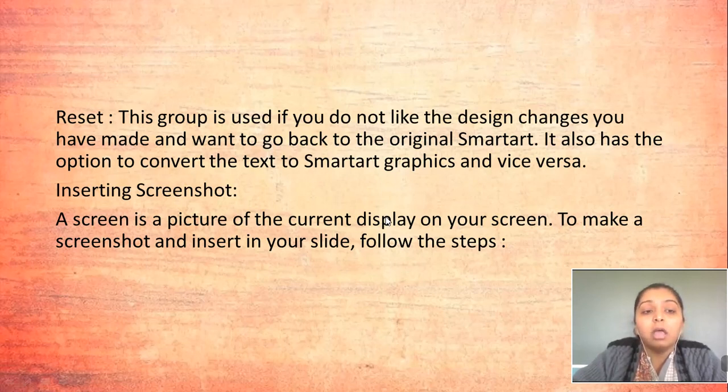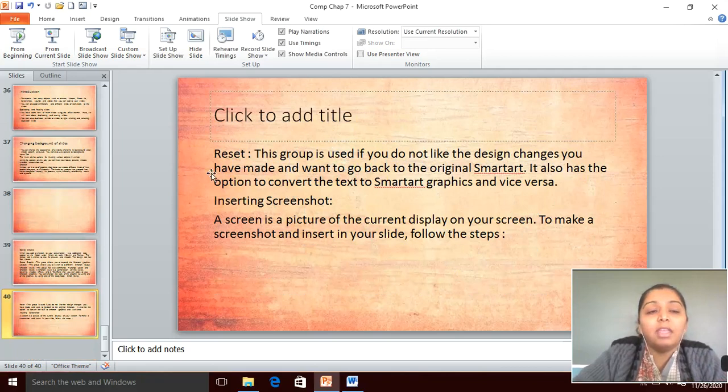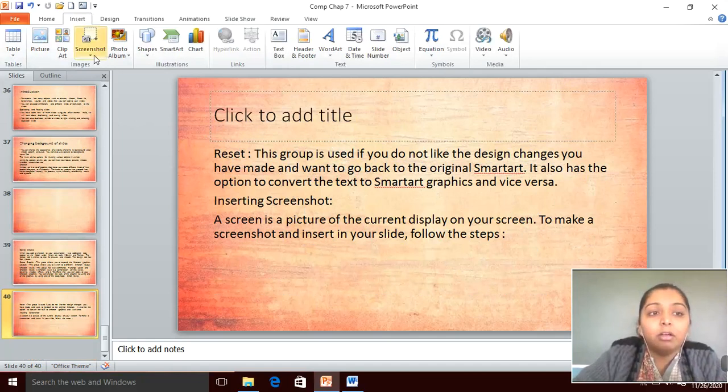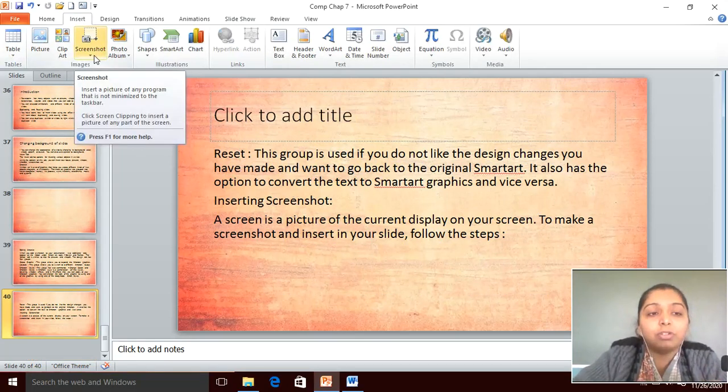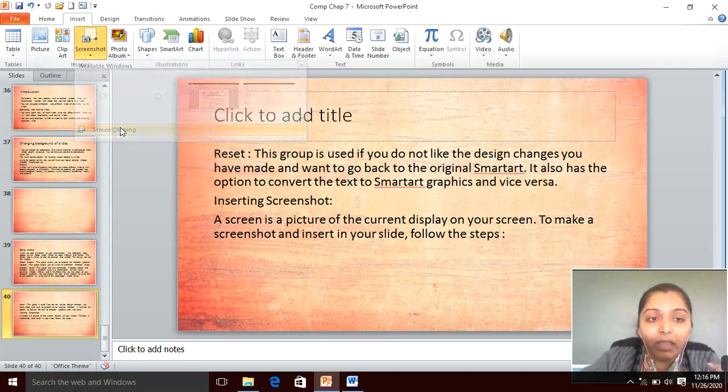Now what is this? A screenshot is a picture of the current display on your screen. Now dear children, as you take a screenshot on your mobile phones, in the same way we can insert a screenshot by clicking on the insert tab. Here we are having the screenshot option. Then I will click on screen clipping.